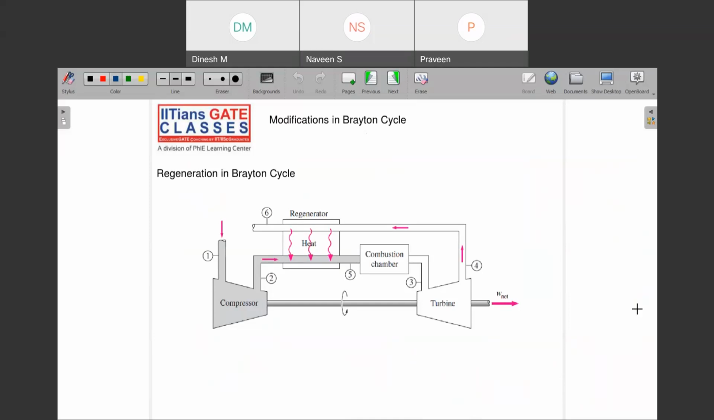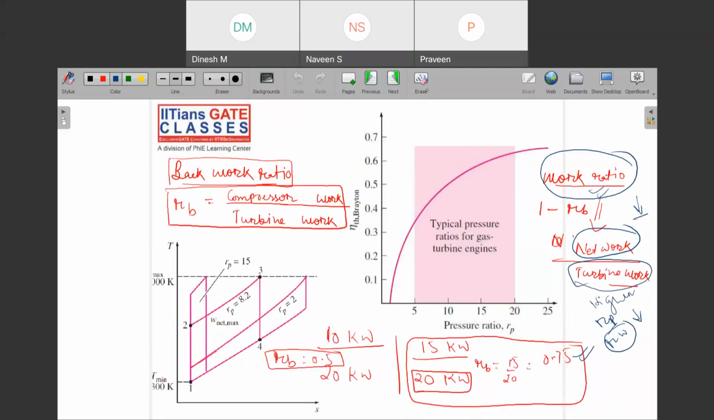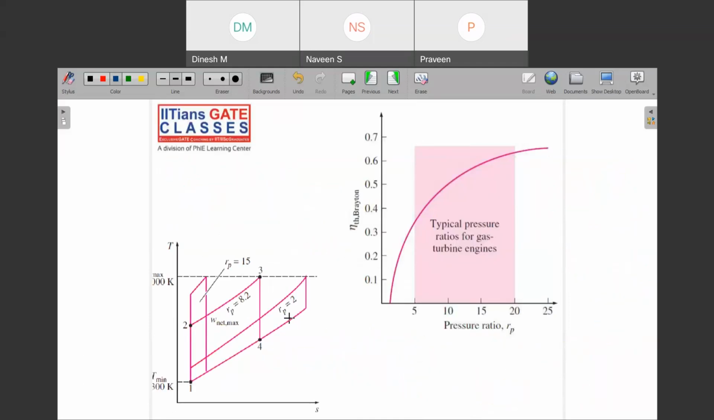Before that, one question might be arising in your mind: if this is so, that with the increase in RP I am getting less net work, then is there any pressure ratio at which I will have my W net max? Yes, we have. And what is that called? That is RP optimum. RP optimum is when this ratio is T maximum